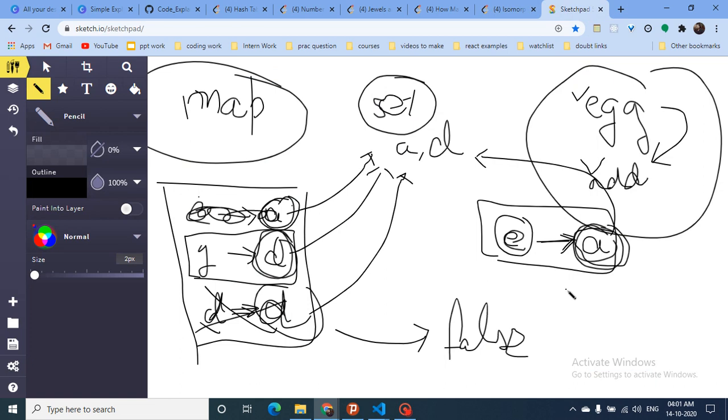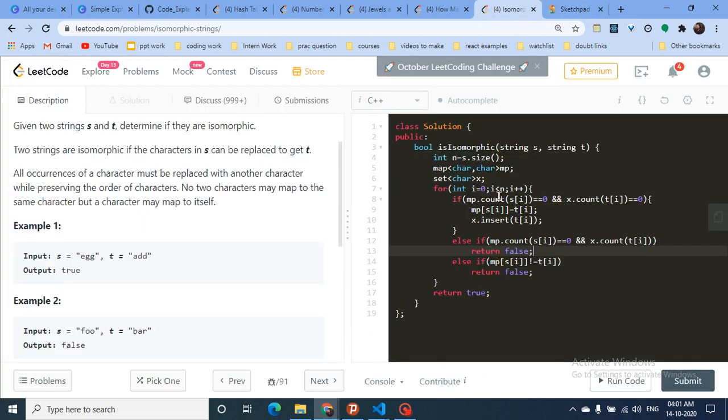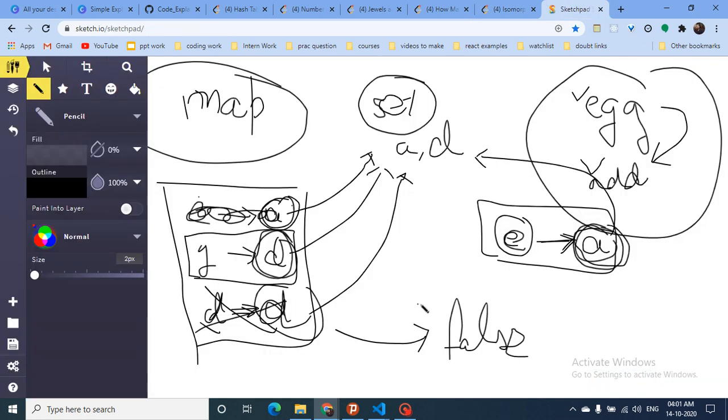Now I have found two possibilities: the entry is not in the map and not in the set, or it is not in the map but present in the set. And if it already exists in the set, which means I have already mapped E to A, then in every other position E should be mapped to A. If it is not mapped to A, then the answer is false.